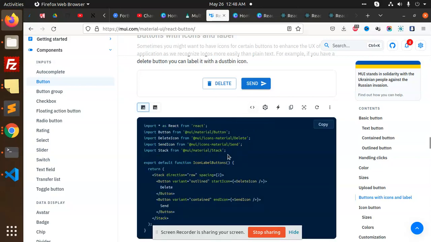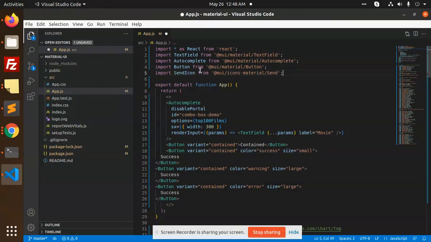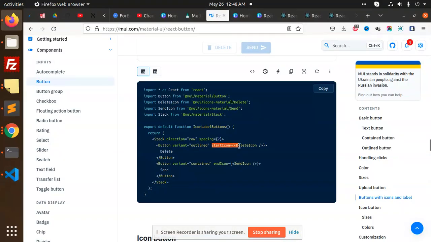You can see that we have to pass the icon over here. For the icon, there is the Material icon Send. So you need to import this send icon and just pass it in the startIcon of any button. Just copy this one